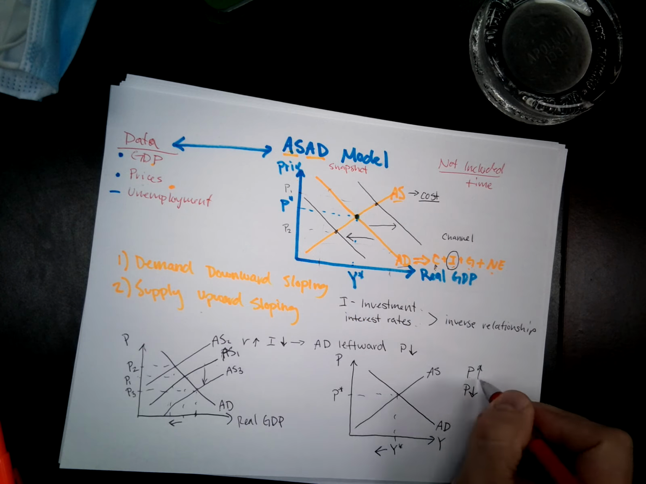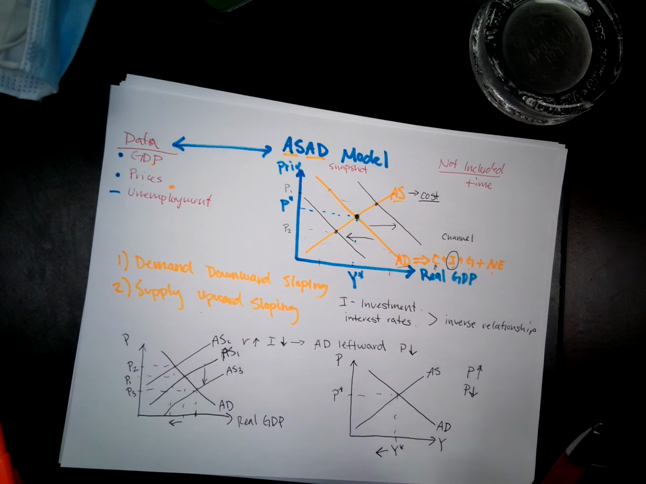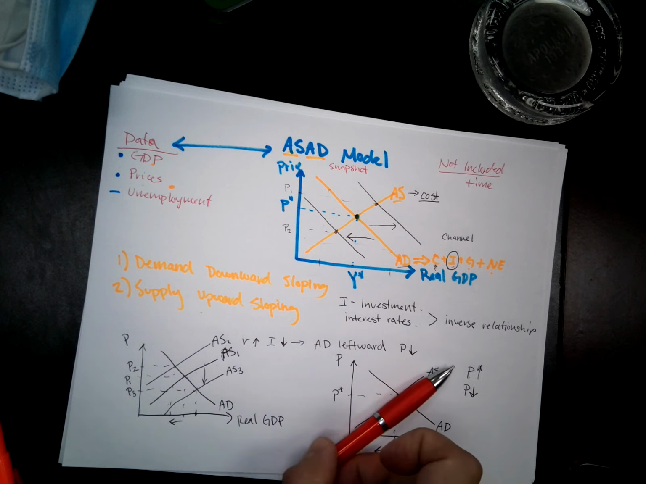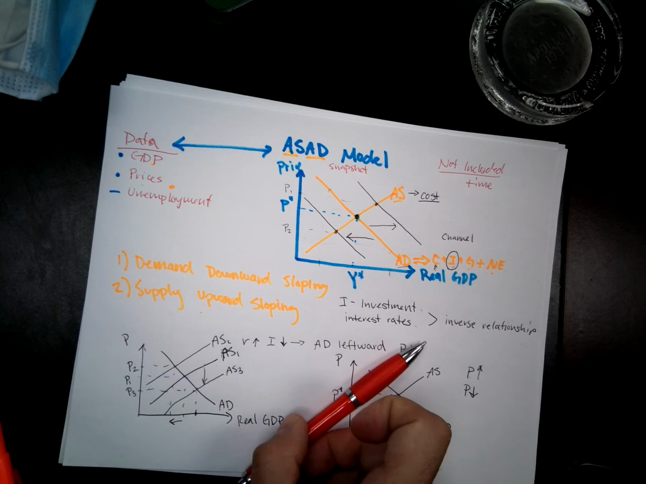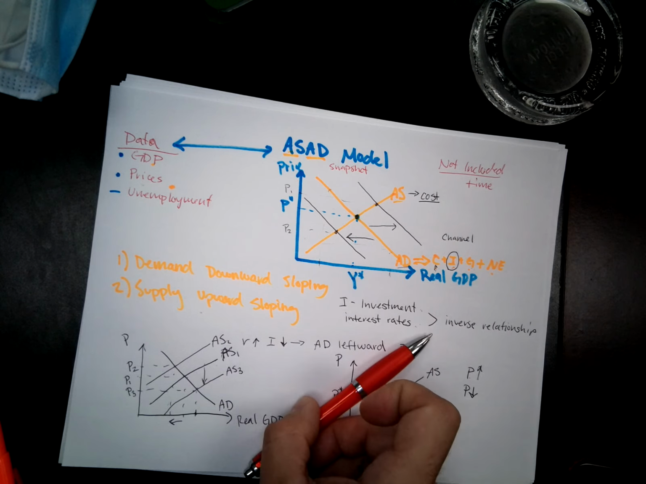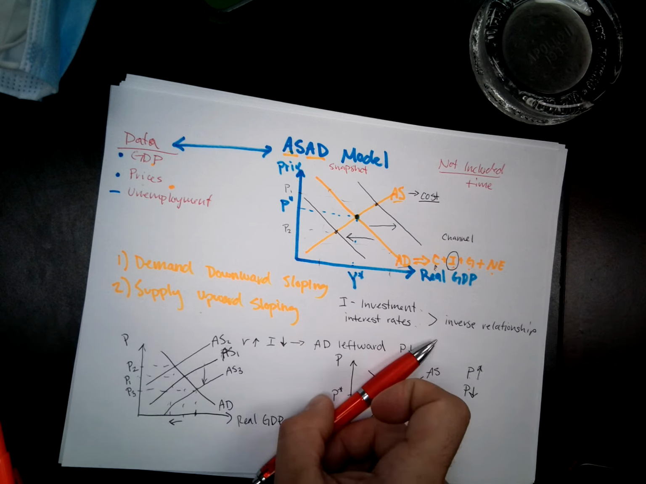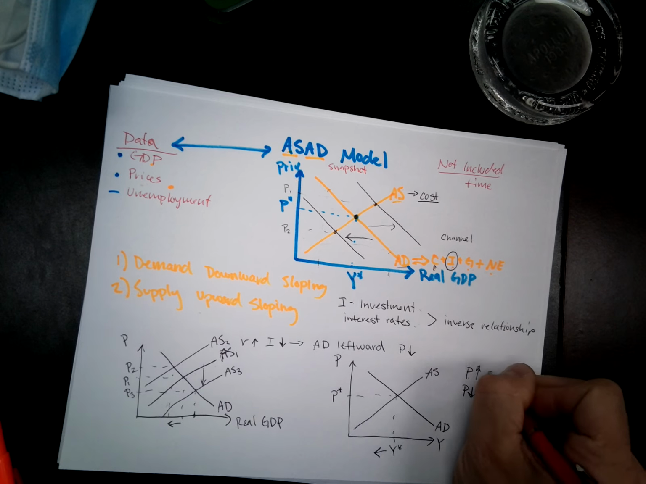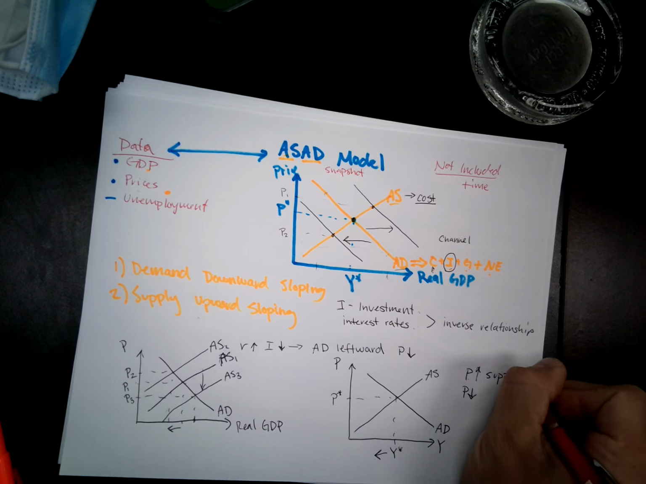And if you looked at prices going up and GDP falling, that is a negative supply shock, or something that causes the cost of business to increase, right? A negative supply shock is going to fit this. So this is a supply shock,